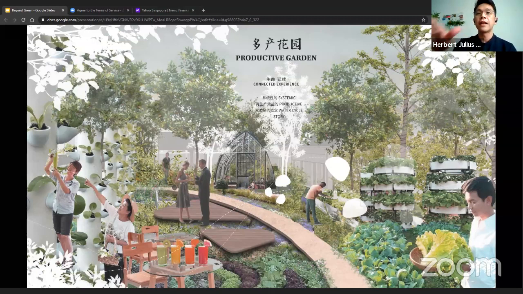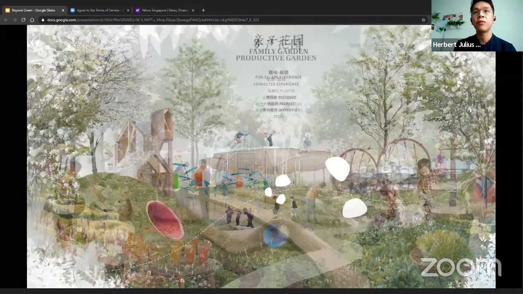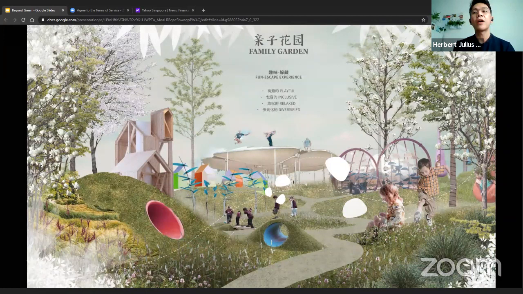And the last experience I wanted to convey was funscape. How do I involve play into my design, whether for all ages, inclusive and diversified.